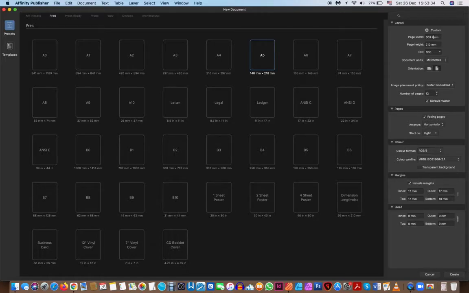It's 309.7 millimeters by 210. All right, we don't want 12 pages. We want one, only one. We want a default master. We don't want facing pages. And we're going to do margins. Now, our margins I've worked out to be